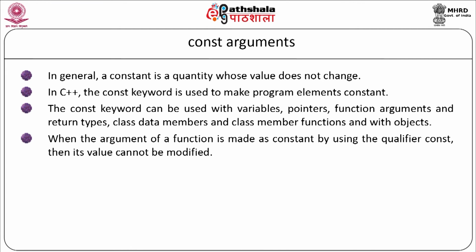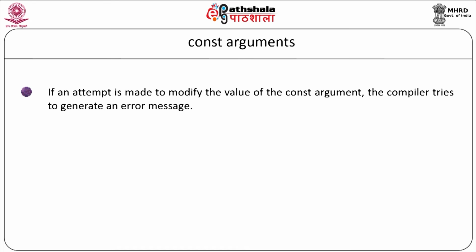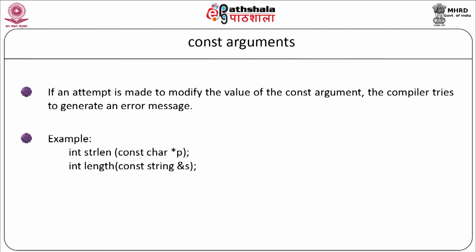When the argument of a function is made constant by using the qualifier const, then its value cannot be modified. If an attempt is made to modify the value of the const argument, the compiler generates an error message. Example, int strlen(const char *p). One more example, int length(const string &s);